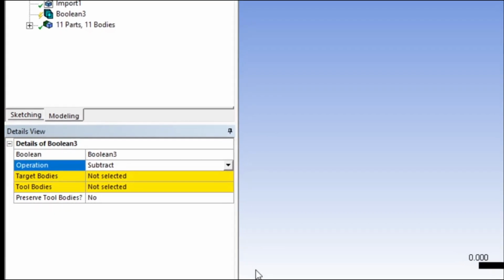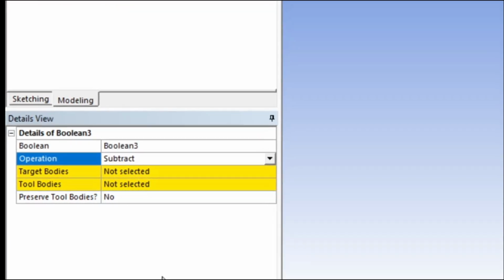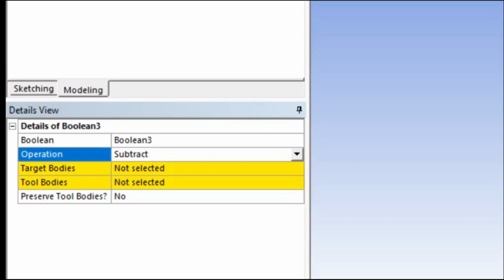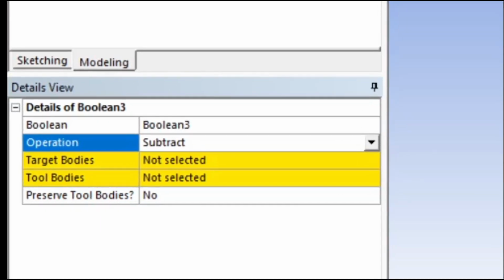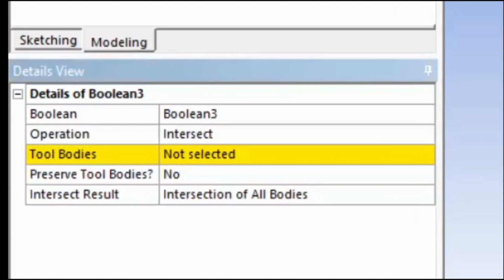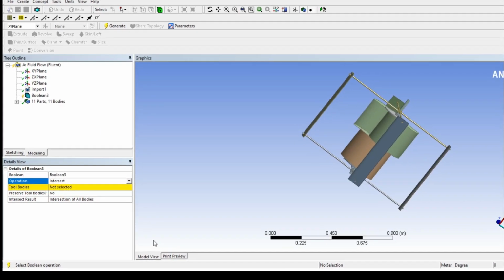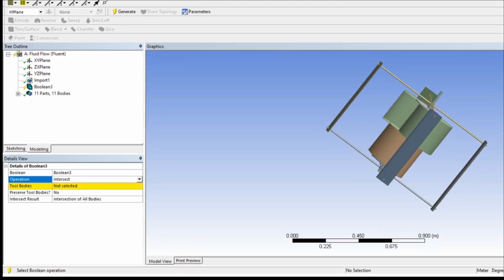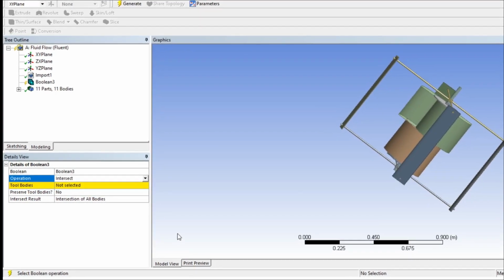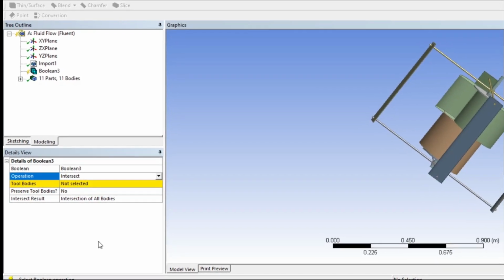That means if we are enclosing it in a box, and this geometry is geometry 1 and the second one is geometry 2, geometry 1 can be subtracted from geometry 2. Then intersect. These two different geometries can be made to intersect each other, and imprint face, that is the final one that we will be discussing later. And in our analysis we are using unite and subtract.